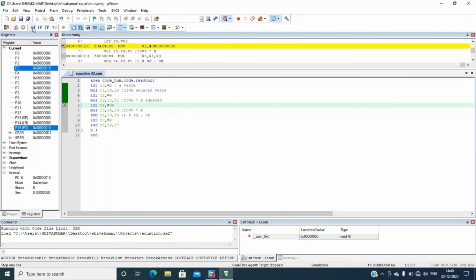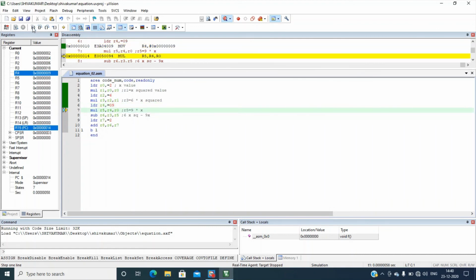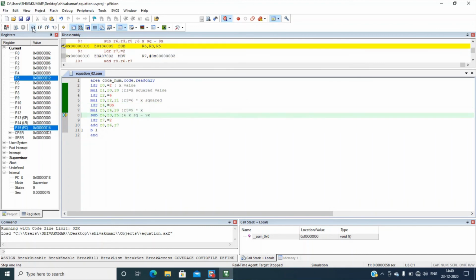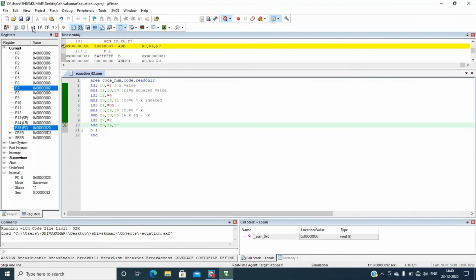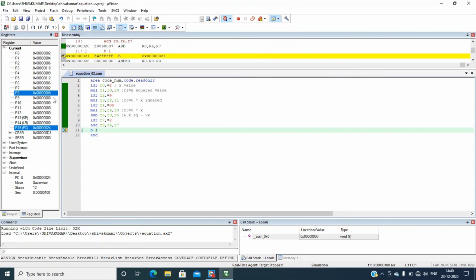Then R4 is loaded with 9, and then 9x is loaded to R5. Then 6x square minus 9x is loaded to R6, and then R7 is loaded with the value 2, that constant. 6x square minus 9x plus 2, then add, we will get 8.